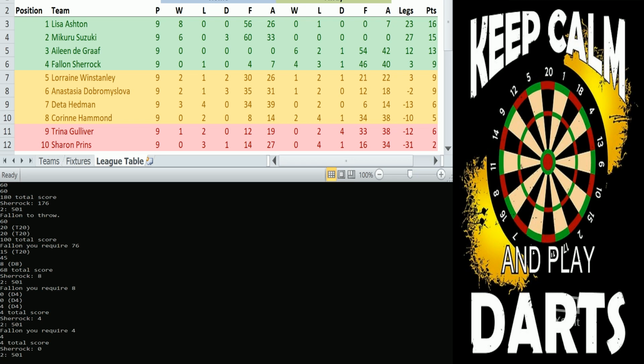Now, you may notice 8th and ninth look a little weird. Trina Gulliver has 6 points, but she's actually in ninth. I don't know why it's doing that. I didn't write the scripts that are doing the table for me, so I can't explain it. Trina Gulliver is in 8th place. She is in